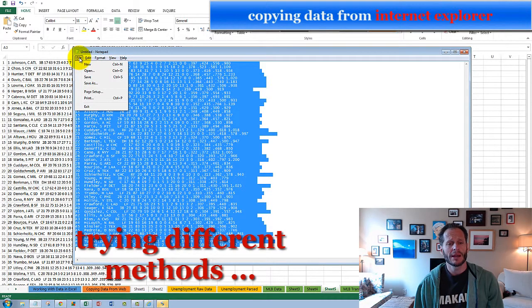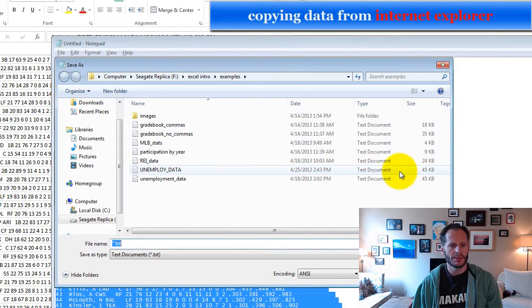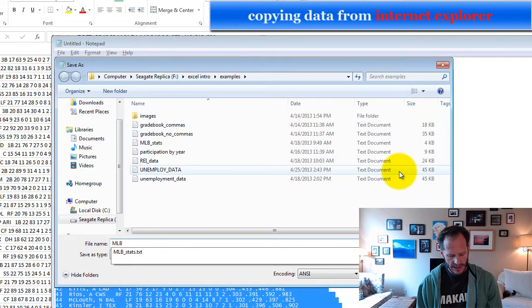So you keep trying these different methods and you see which method works best, because occasionally you'll find, this is the right one for this situation. And so it's just a process of trial and error till you get the data that you want to come in. So I'm going to save this notepad. I'm going to save it as MLB Stats 2